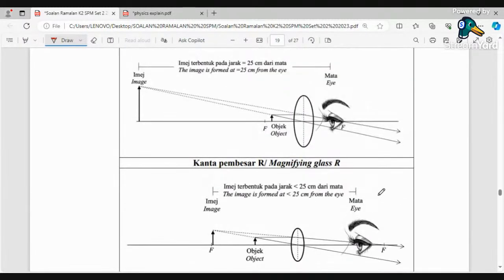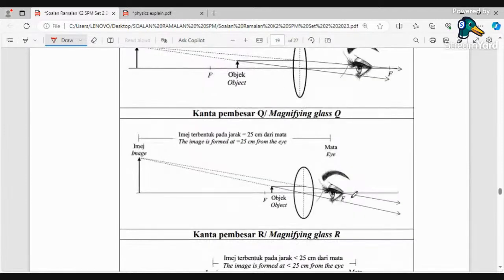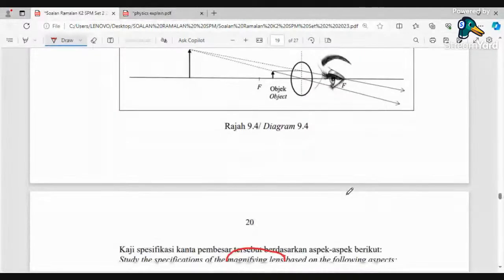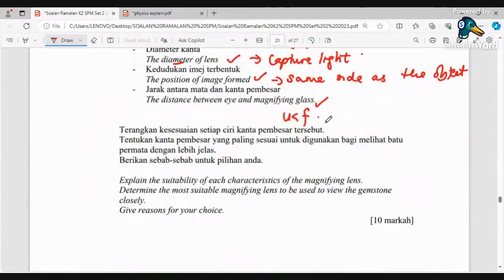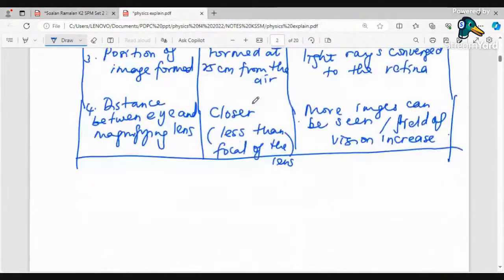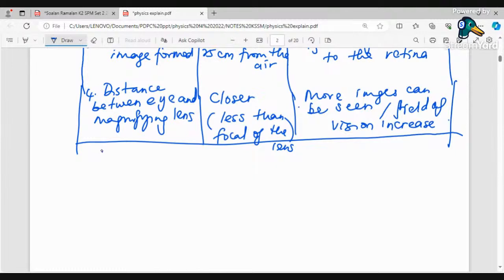Jadi kita akan pilih Q lah. Yang mana distance dia memang 25 kan. Itu yang paling penting. Okay, Q is chosen